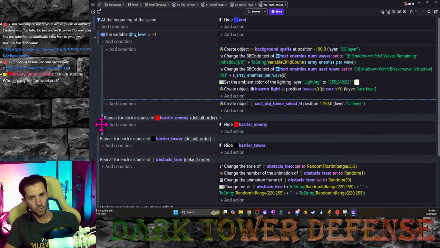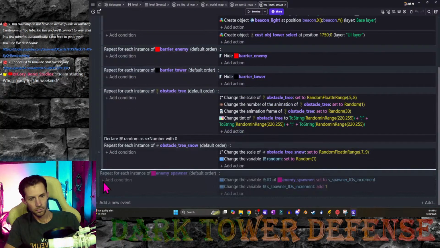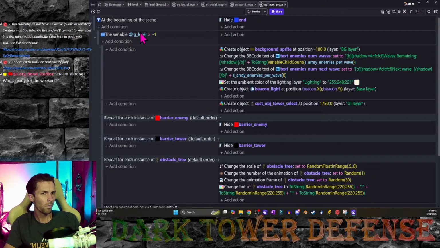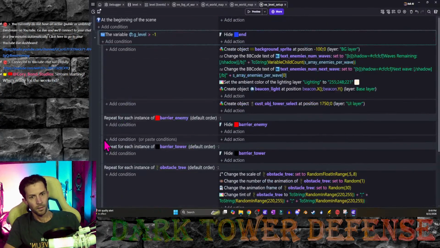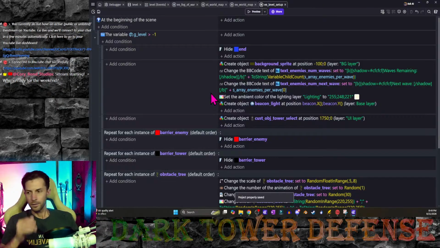Drag those over. Boom. All right, that keeps that nice and clean. Not even sure why that's kind of standalone there. Let's pull that into its own thing here. What next? We could do...